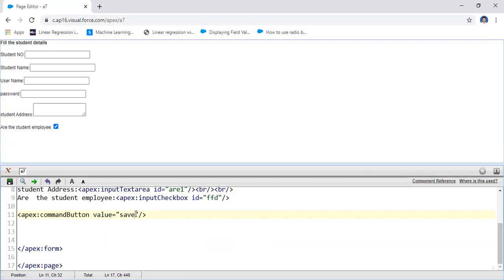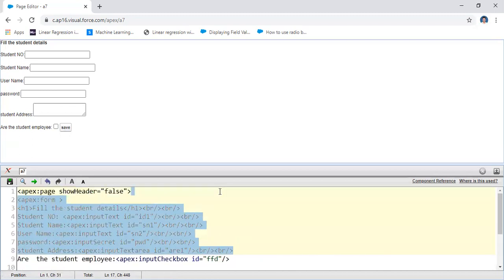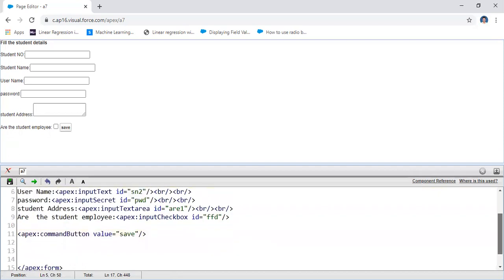It's not doing anything for this save. You have to get the information from the fields. A command button performs some actions. Here let us take a simple command button. Here the button appears. If you want the button to appear at the top and bottom, you need some placeholder. So you may put this command button in a certain place also.